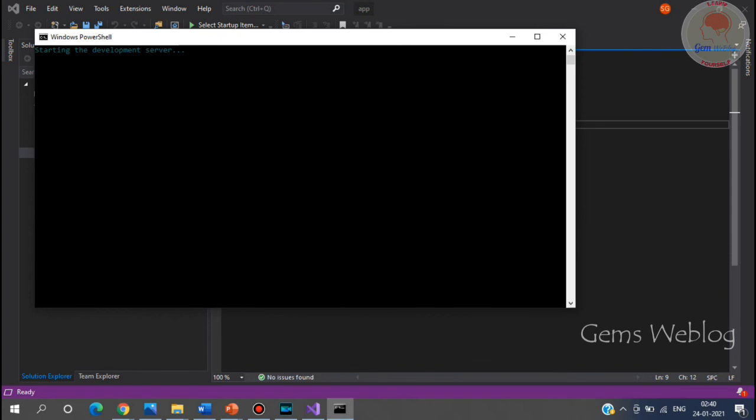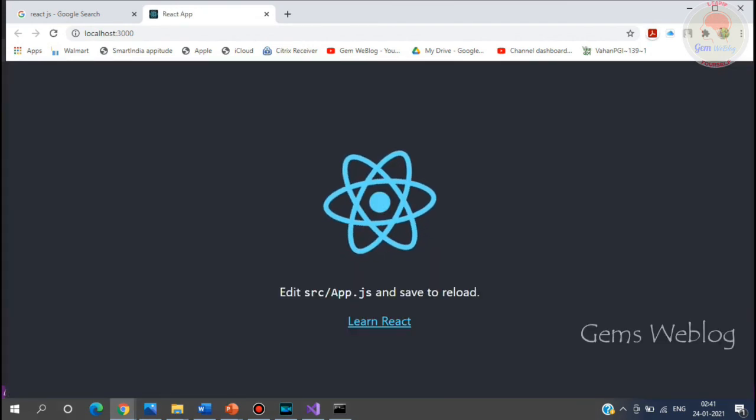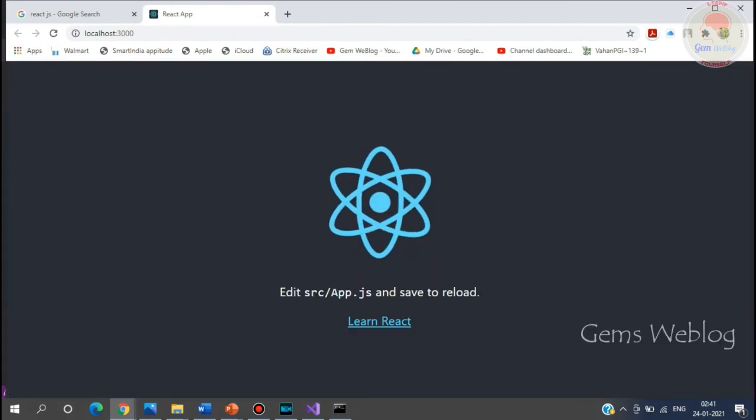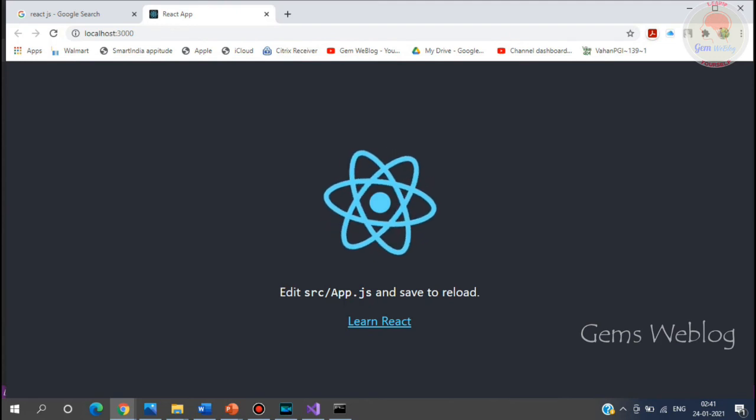Now my project is starting the deployment server. Once the deployment server has started, it will open a browser at localhost:3000, and my React project will be opened.